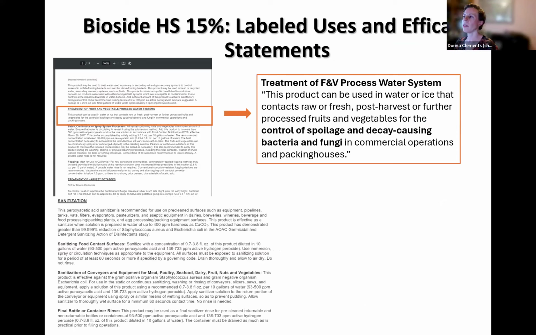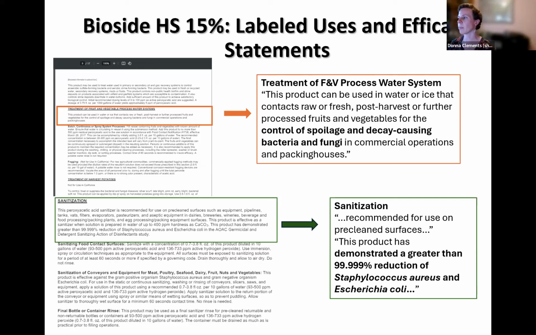So this says that it's used for pre-cleaned surfaces, and then it lists out equipment, pipelines, it lists out a number of examples. And then the actual efficacy statement says, this product has demonstrated a greater than 99.999% reduction of Staphylococcus aureus and E. coli. So the big difference between the efficacy statements for fruit and vegetable wash water and food contact surfaces is that for food contact surfaces, it